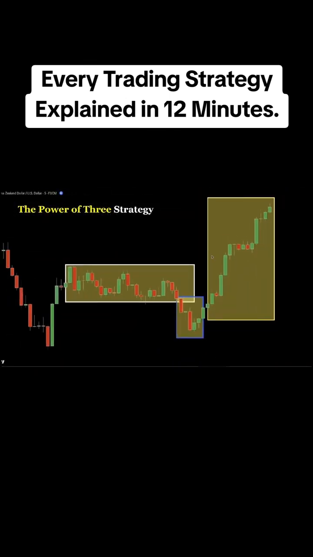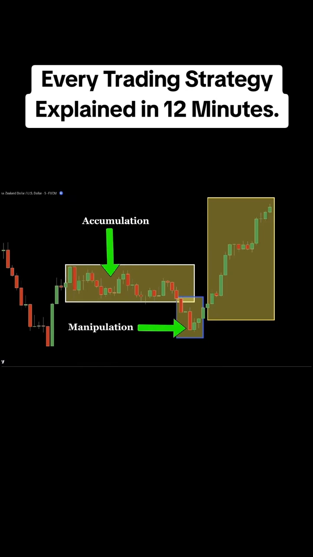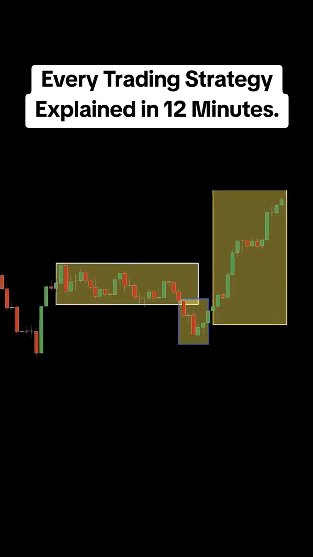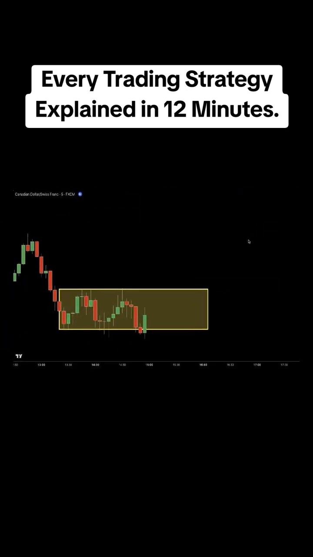The power of 3 strategy. The power of 3 breaks market behavior into 3 phases: accumulation, manipulation, and acceleration. In a downtrend, the process begins with accumulation, where the price consolidates in a tight range as smart money builds